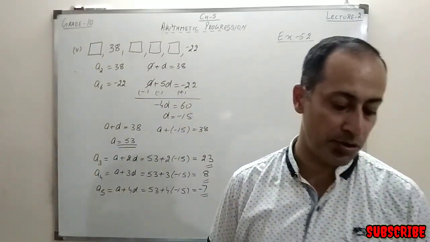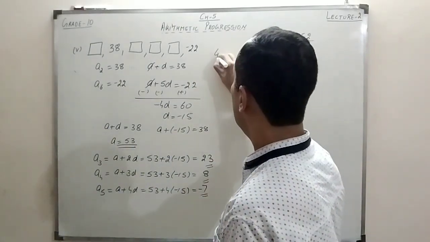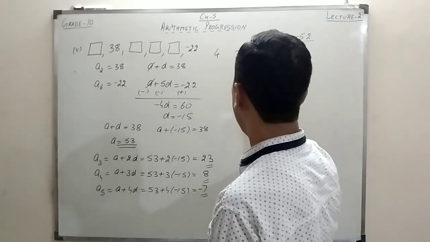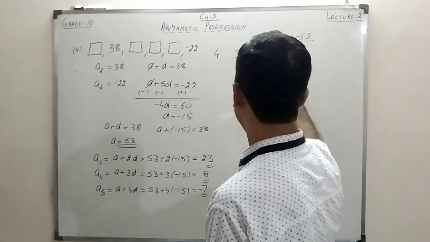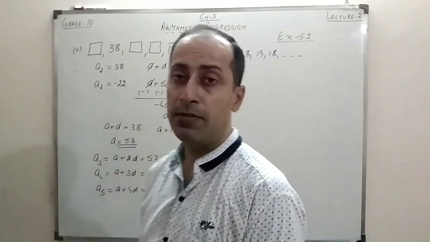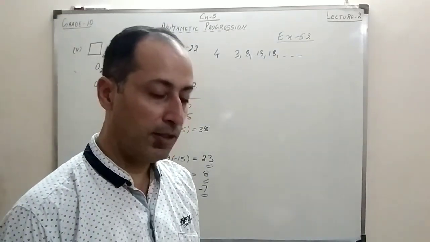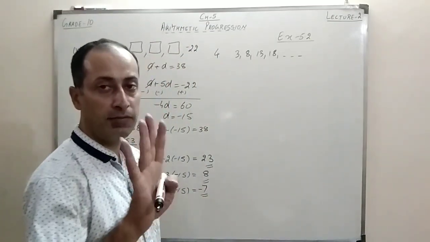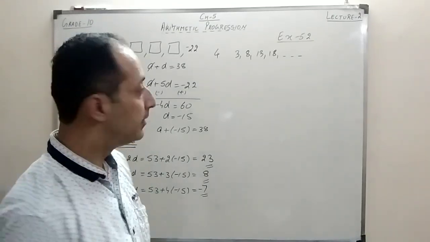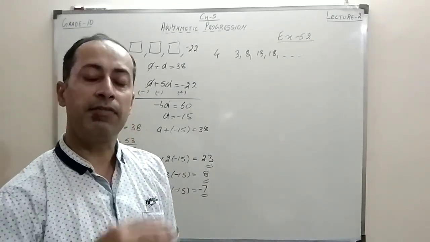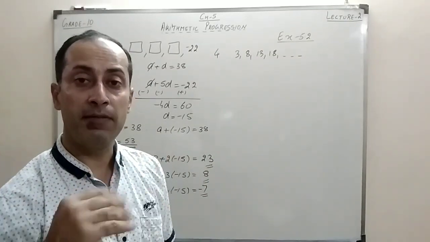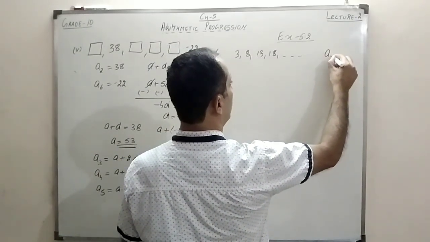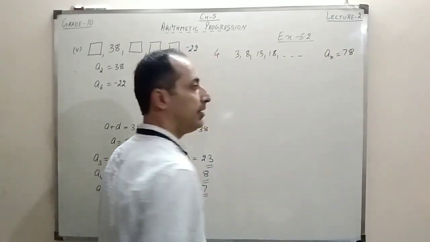Now if you see the fourth question, what we are given to us, we are given, then there is an AP, 3, 8, 13, 18 and so on, right? And we have to find, if we continue writing this counting in this way only, at what number 78 will come. Like if I say 18 comes at the fourth, it means 18 is the fourth term, 13 is the third term. Same way if I continue to write, at what number 78 will come? That is the thing I have to find. So it means what is given to me, I have to find n. So an is given as 78, right?